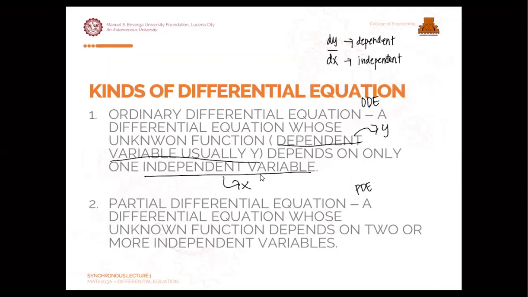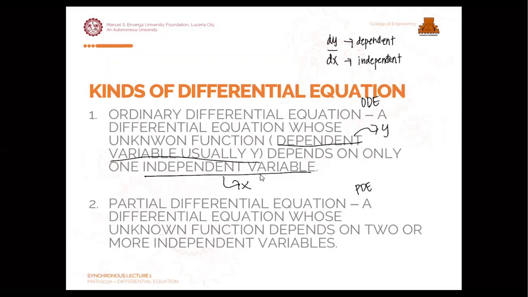So pag ordinary differential equation lang siya, ibig sabihin, one independent variable lang yung dinaderive natin. Pero in higher mathematics kasi, nangyayari na pwedeng may other variable present in your equation. But since this is a continuation of your two calculus subjects, mag-focus lang muna tayo dun sa ordinary differential